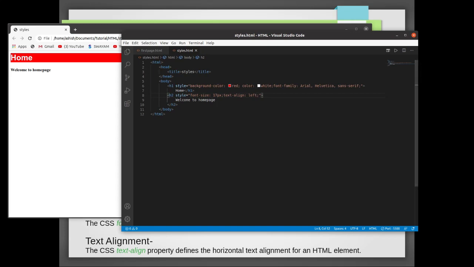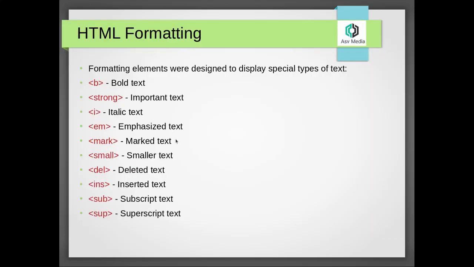Let's move on to the next part, HTML formatting. HTML formatting is designed to display special types of text. Suppose you want to make any text bold, so you can use this syntax: starting angle bracket and closing angle bracket, within that you can type b. This code is used to create bold text.